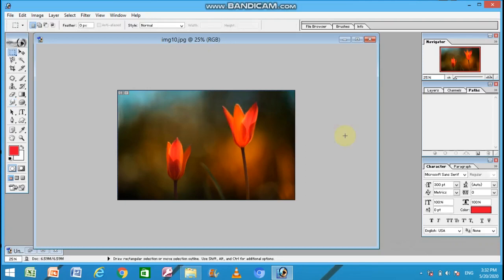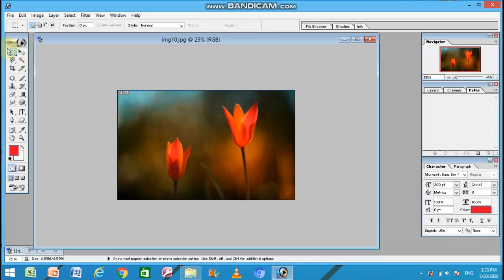Image adjustment options. Here we can do various other settings related to the image, like the brightness, contrast, coloring sense of the image. All this we can perform by going to the image adjustment options.